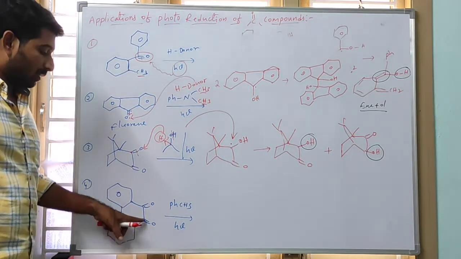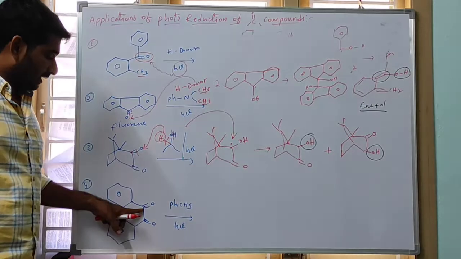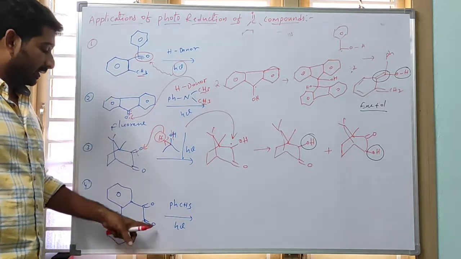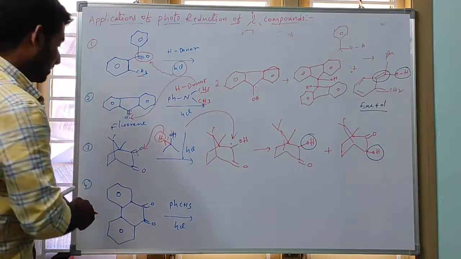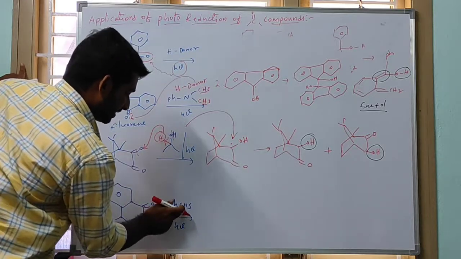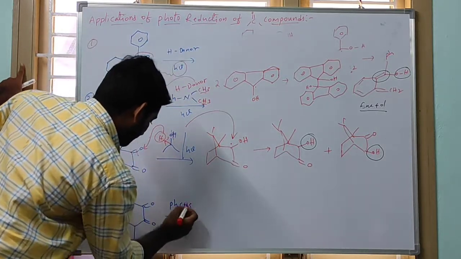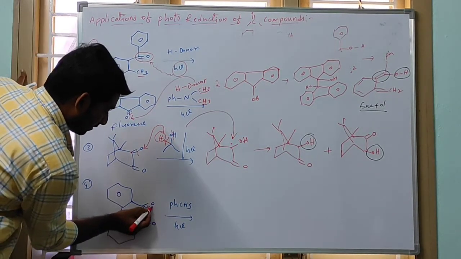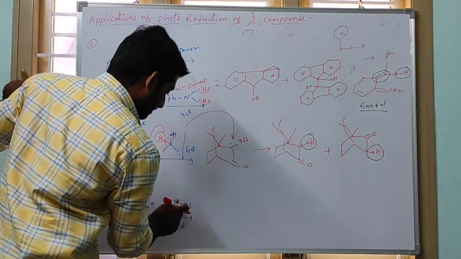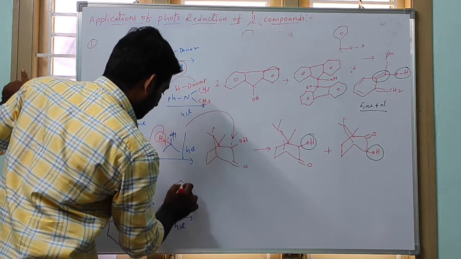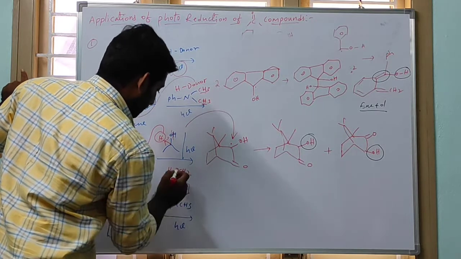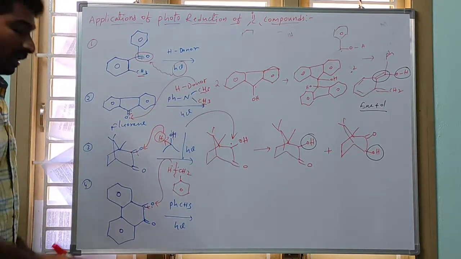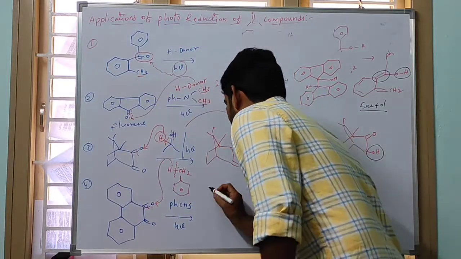Next, one more example. Here also two carbonyl groups are present adjacent to each other: this carbonyl group and, at the adjacent alpha position, another carbonyl group. Therefore, instead of undergoing photoreduction, it gives a disproportionation reaction. This is the hydrogen donor, toluene, so this is the actual structure with CH2 hydrogen. By breaking of this pi bond, a radical forms here and oxygen here, and this hydrogen is abstracted by it. Therefore, what is the product we will get here?